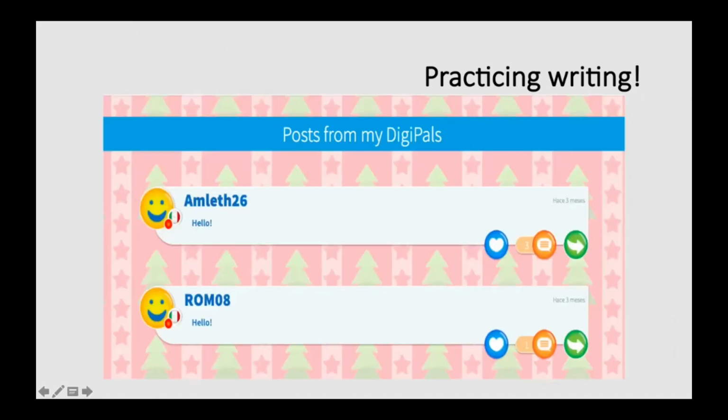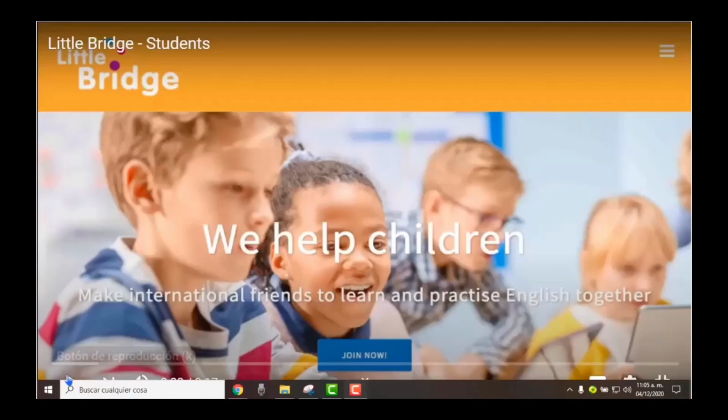What is the purpose of digipals? Practicing writing with a purpose. Porque podemos hacer, en mis tiempos, yo fui profe de inglés, in another century, and my way to keep practice my students was to write many times different ways. That doesn't work. Here, it's a real use of the language, and it can be done immediately, right? So that's the sense of the digipals. So you can answer, you can like the post, you can answer back, etc., etc. So you can keep a conversation, but in writing. This is a written expression.